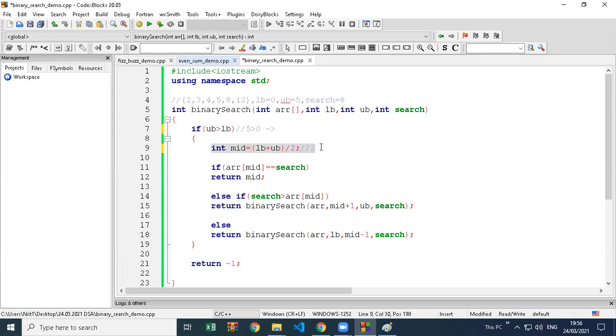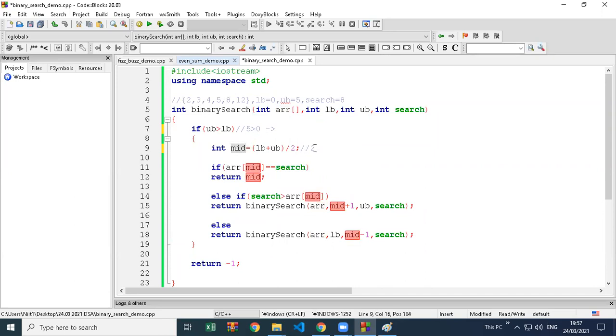Anyone has doubt in this? Middle, calculating middle, lower plus upper divided by 2, right? Yes. Now we don't take the value, only the index number. Yeah, we first just have to find index number. Value we are taking in the next line to check whether, yeah. So first we have to find out the middle position of array. We found using index position only, not from value. And then we will check ARR of mid.